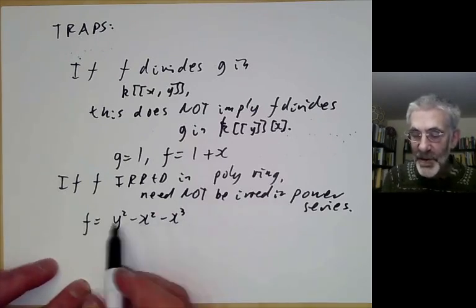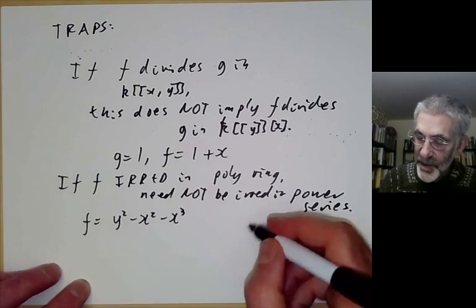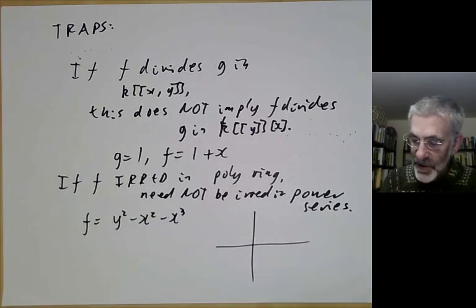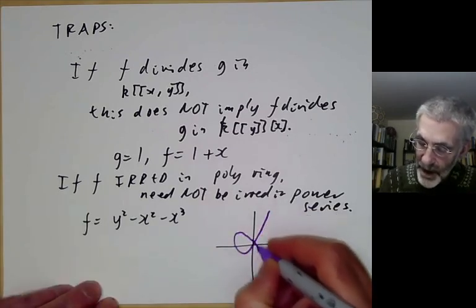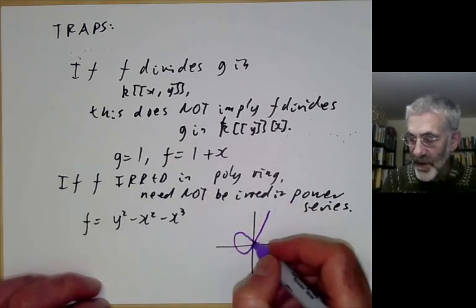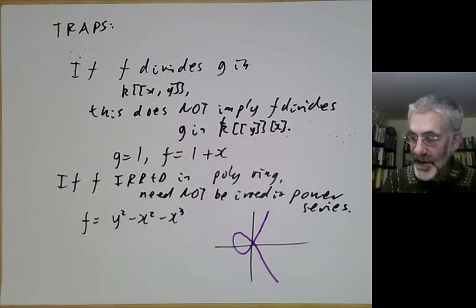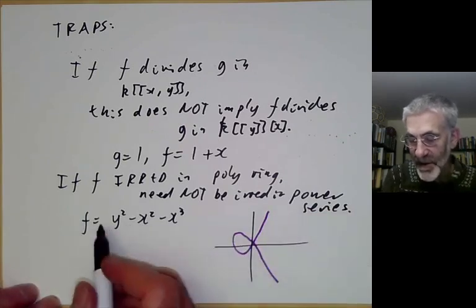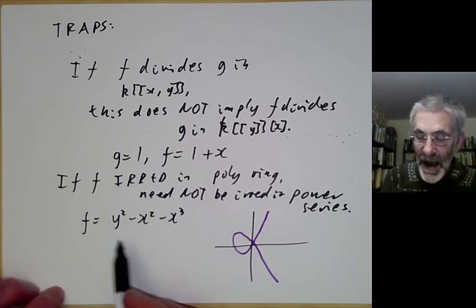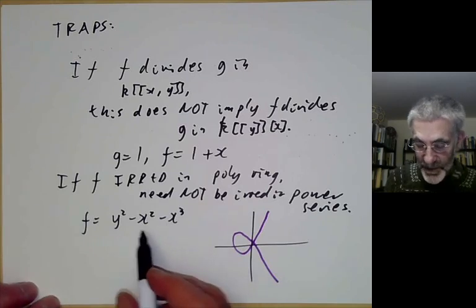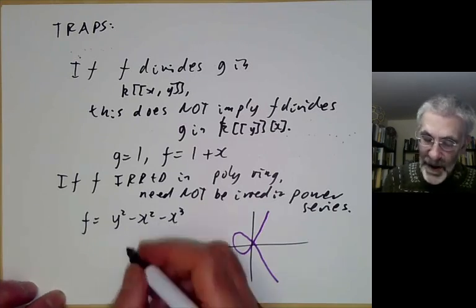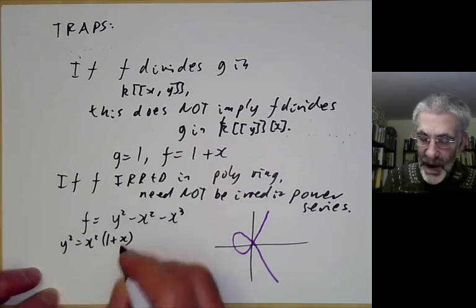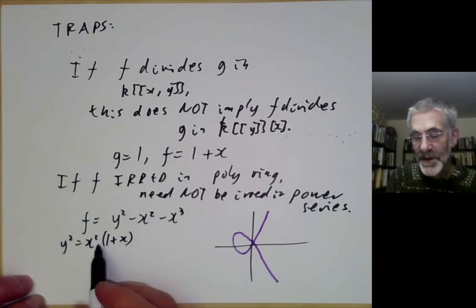If you've done algebraic geometry, you may remember this as the equation of some sort of cubic curve. It's not quite an elliptic curve because it's got a singularity, and this curve doesn't break into two components. It's an irreducible curve, and this is just an irreducible polynomial. However, in a formal power series ring, you can notice that this is saying y squared equals x squared times 1 plus x. And now in a formal power series ring, we can just take the square root of